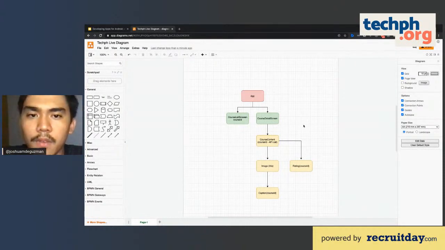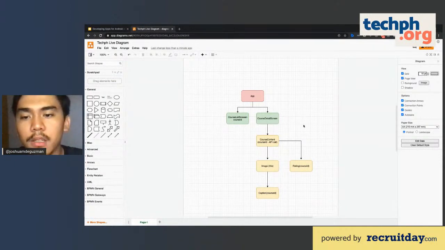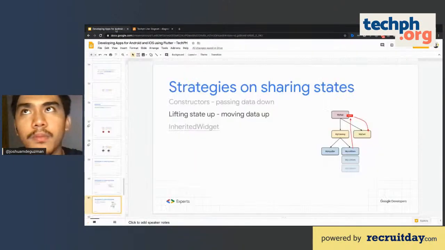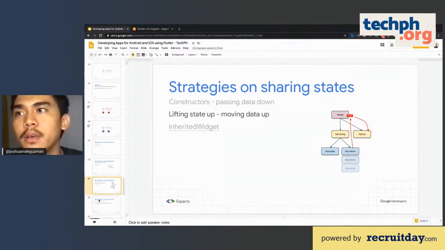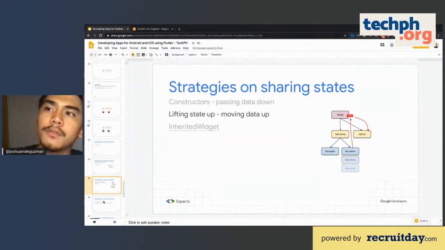If it's at the top most part of your widget and the child tree doesn't actually need to use that service, then don't place the service at the global part of your application. You probably have to structure the way you design your app in such a way that it doesn't expose itself too much to the child widgets that don't consume it.